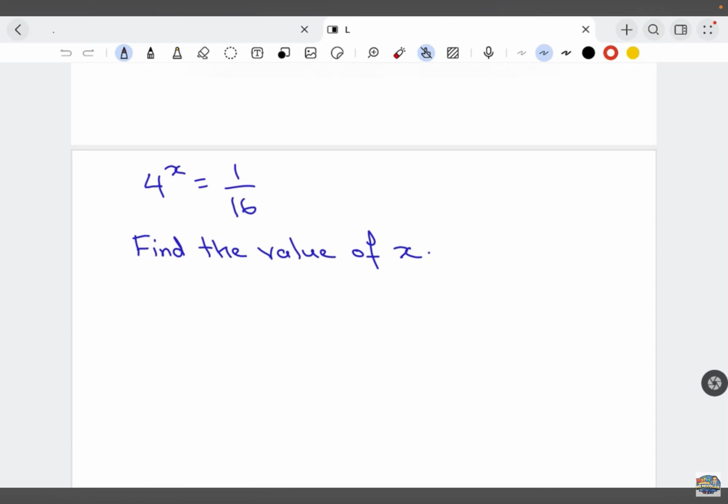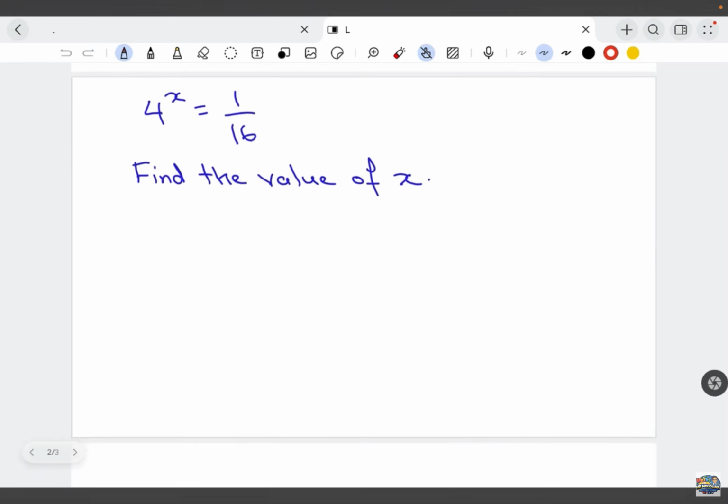The value of x. Before we start doing this question, we need to use the index law, which is a to the power of negative n, which is equal to 1 over a to the power of n. So we are going to apply this law to work out the value of x. So where do we start? Well, we can look at it as